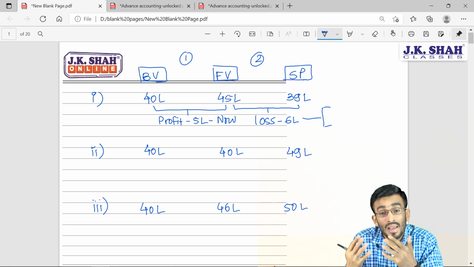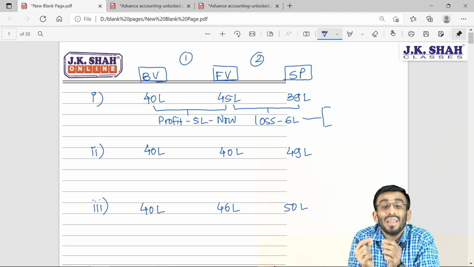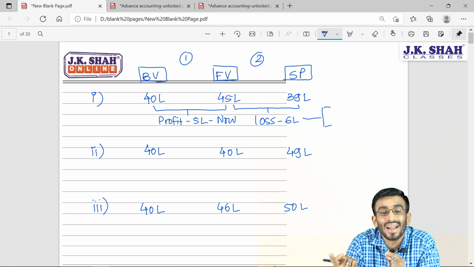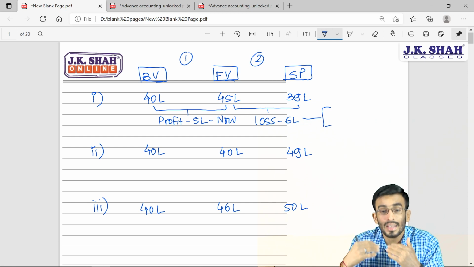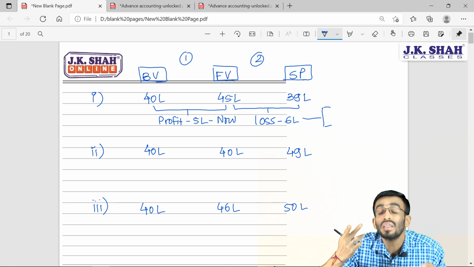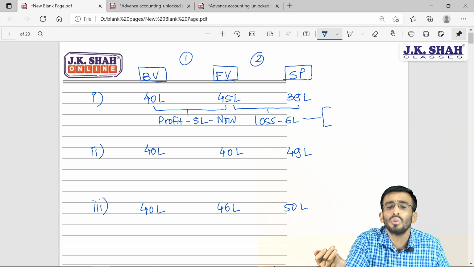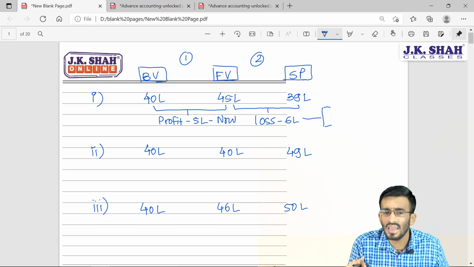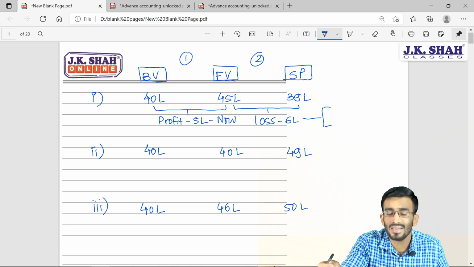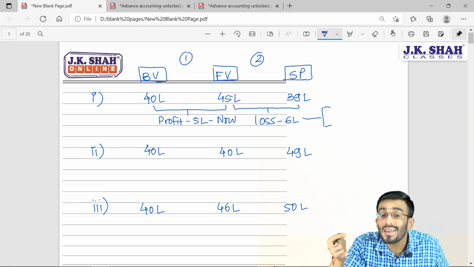I am ready to sell my asset at a price which is lower than the market, but please adjust this benefit with respect to my future lease rental. It means today you give me less, but adjust, or I can say compensate this benefit with my future lease rental, because definitely in future the same party is going to lease back that asset to me on operating lease. So definitely that opposite party, the party to whom I am selling that asset, will become lessor and is going to charge lease rental. So I will request lesser